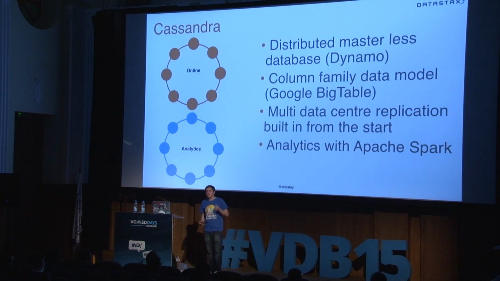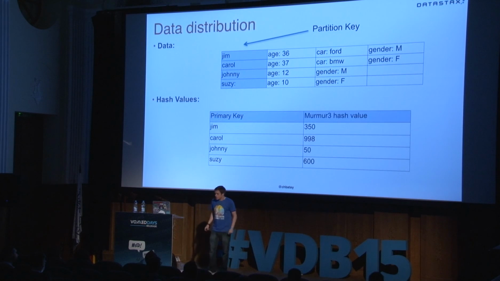So how is the data distributed? We've got all these servers, and there are people running multi-thousand node clusters. So sometimes it's a lot of servers. There are also people running 3 node clusters. If you're running a 1 node cluster, you probably should have picked Postgres. So we store regular data. You're probably quite familiar with tabular data inside Cassandra. You can think of it, though, as a map of maps.